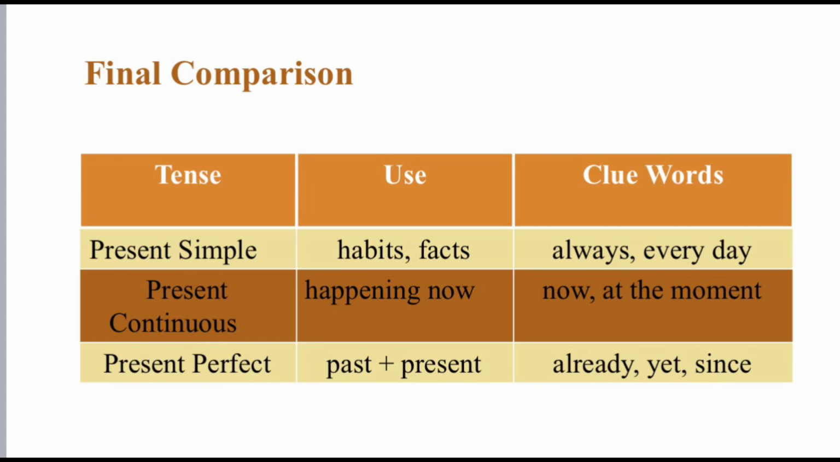Now the final comparison. Let's summarize. Present simple is for habits and facts. Present continuous is when something is happening right now. Present perfect is when the past is connected to the present, to now. Always ask yourself these questions to choose the correct tense. And some clue words for present simple, like always, every day, present continuous, now, at the moment, present perfect, already,